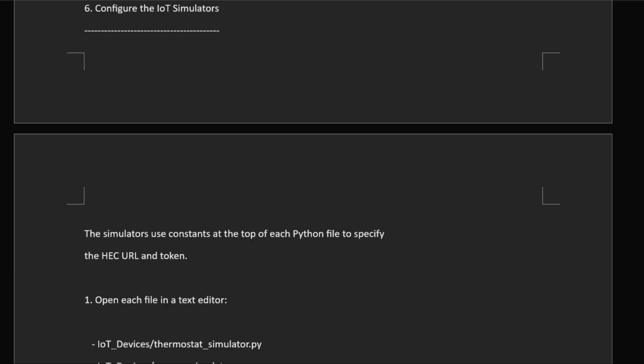Once Splunk is ready, we configure the 3 IoT simulators inside code-IoT IoT_devices. You'll see thermostat_simulator.py, camera_simulator.py, and door_lock_simulator.py. At the top of each file, there's a configuration block with the 2 important constants,